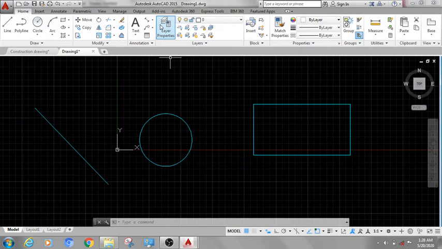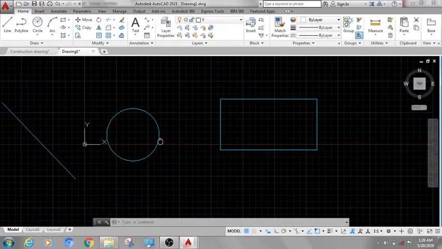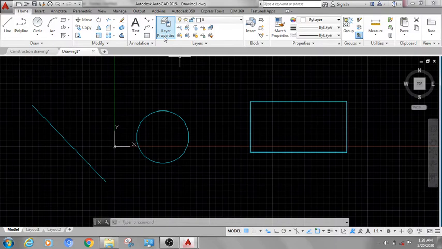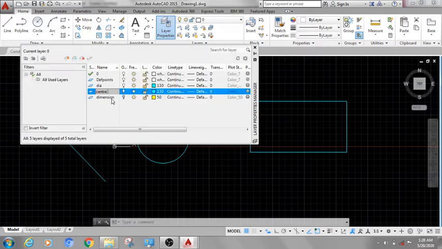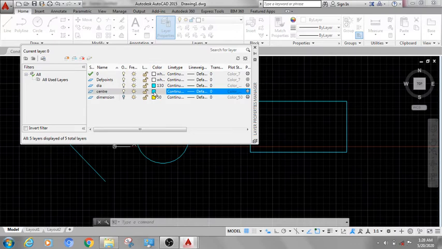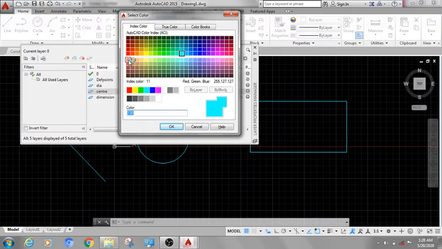Now here I want to create one more layer for center line. Here we don't have any center line. So for that first I will open layer properties and create a new layer. I am just naming it center, and for center line I want to assign a color, and I want to select a line type also.